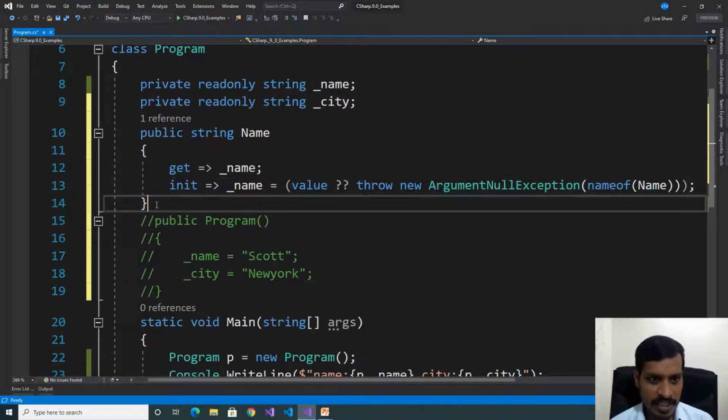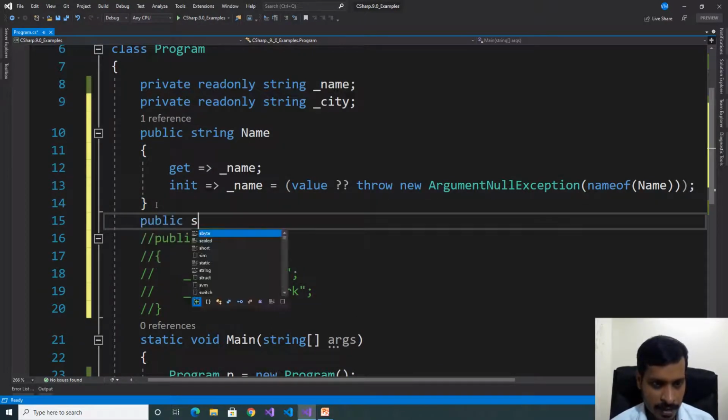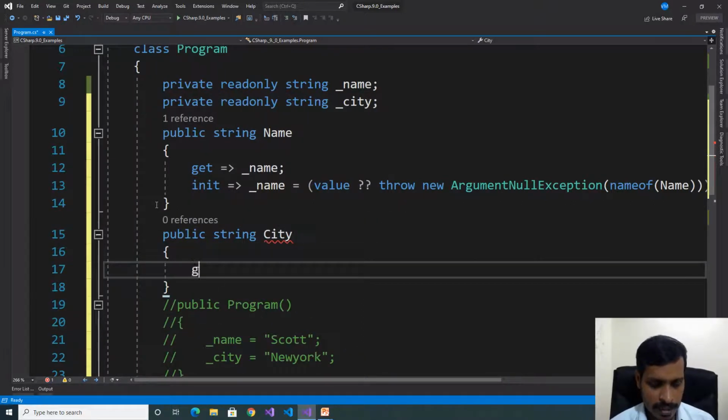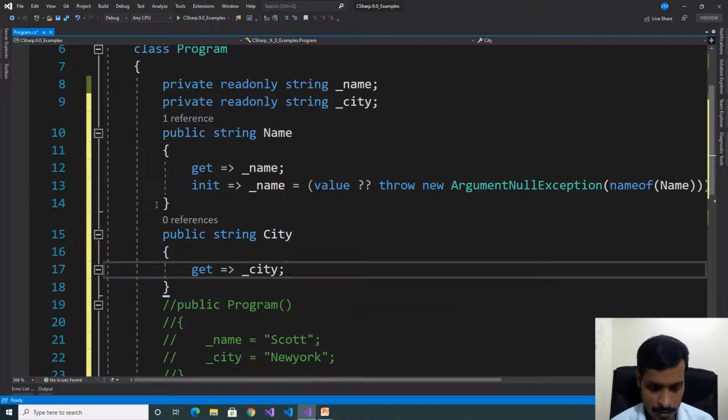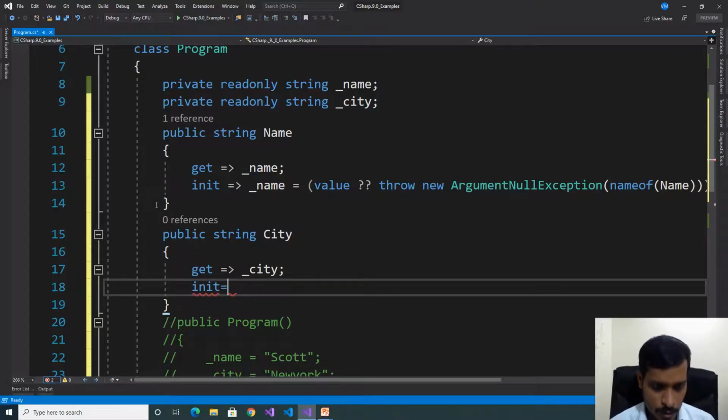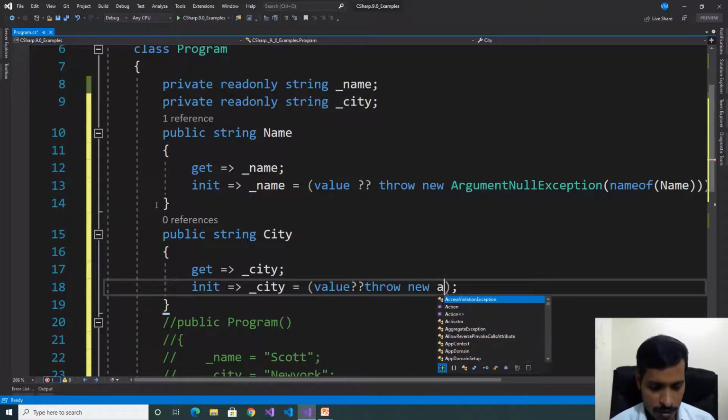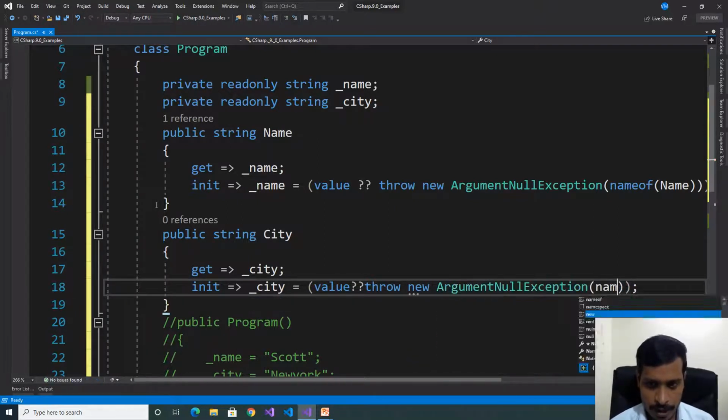Create one more property for city, public string City, get => _city, init: _city = value ?? throw new ArgumentNullException(nameof(City)).